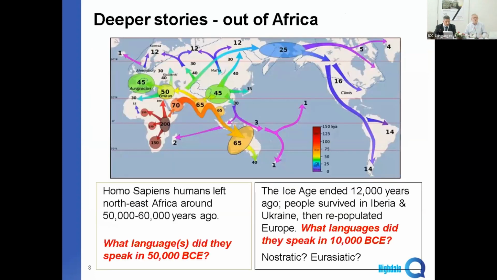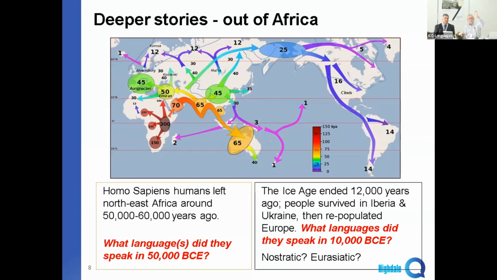Now, if you want and you have the time and you have interest in your students, you can go into deeper linguistic stories, right back to the beginning when we left Africa. Modern humans, Homo sapiens, left Africa around 50,000 years ago. We're all of us, everybody in this room, is from Ethiopia originally. We left Ethiopia, Kenya, around 50,000 years ago. We moved into the Middle East, and then we spread, as these arrows show you, all over the world, taking a language with us. We have no idea what language they spoke, but they did speak a language. We know that they are physically the same people.